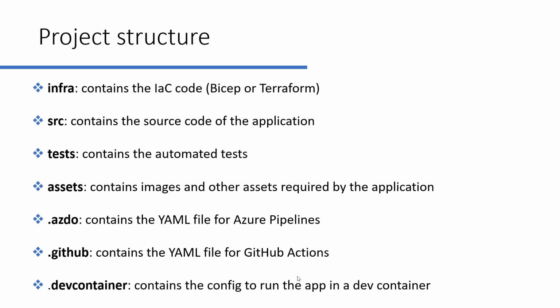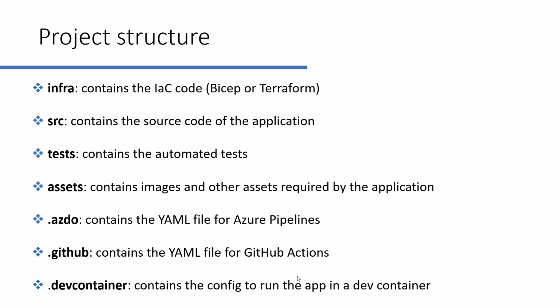.azdo is a folder that contains the YAML file for your Azure pipeline. So if you want to set up an Azure pipeline to deploy your application through an automated pipeline, a CI/CD pipeline, you already have the YAML file for that. The .github folder is the same, but for GitHub Actions. So if you want to use GitHub Actions instead of Azure Pipelines, you will find the YAML file for that